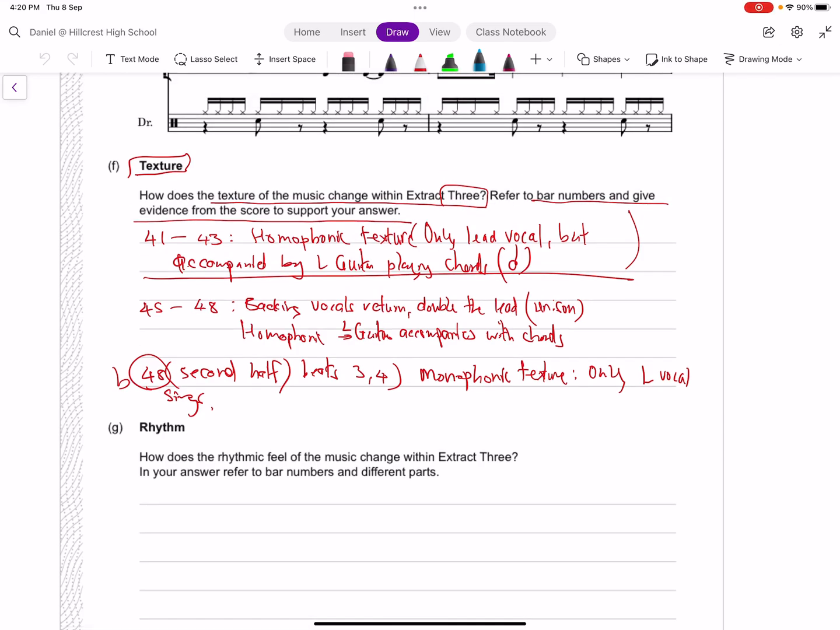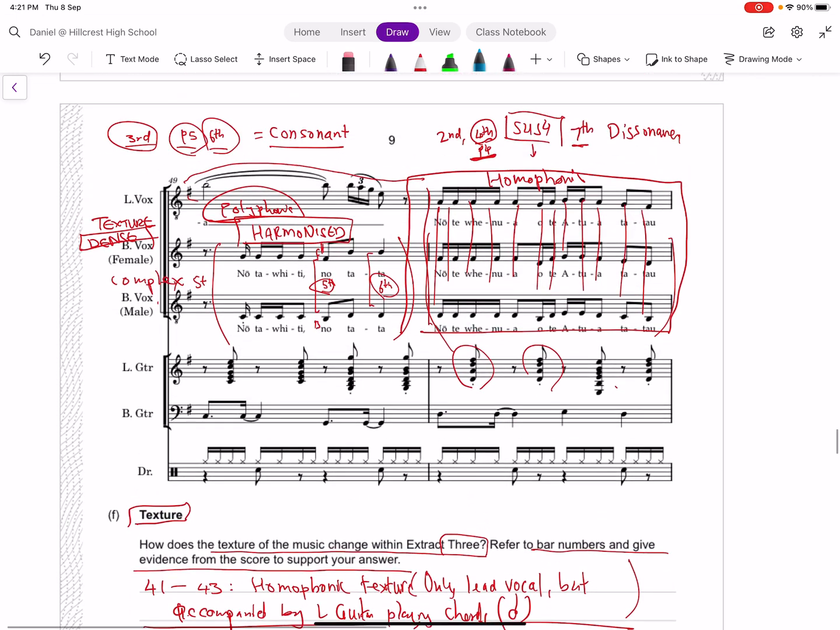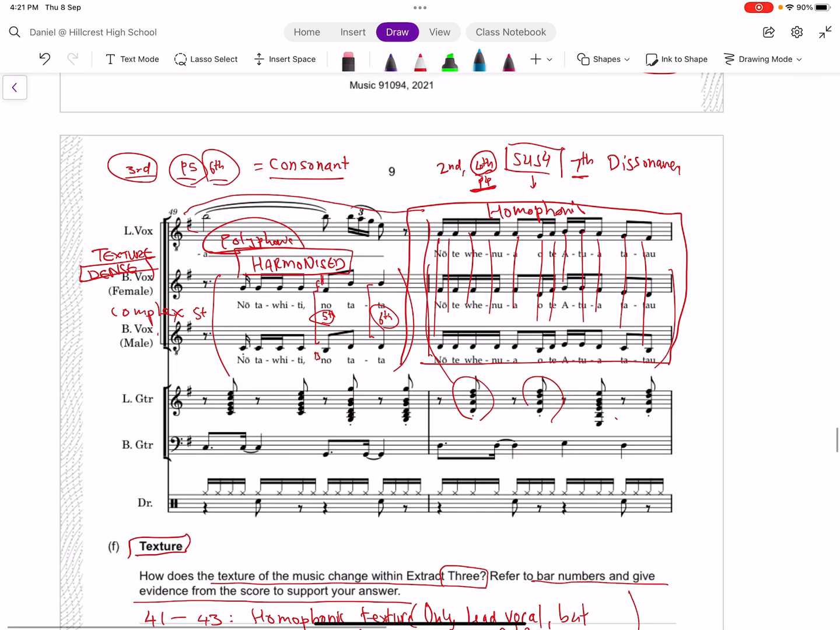Okay, last video got cut off. We're talking about texture. I was interrupted, so I'm going to finish off the rest of this question, and we're going to go into the section on rhythm. Now, we were up to bar 48,